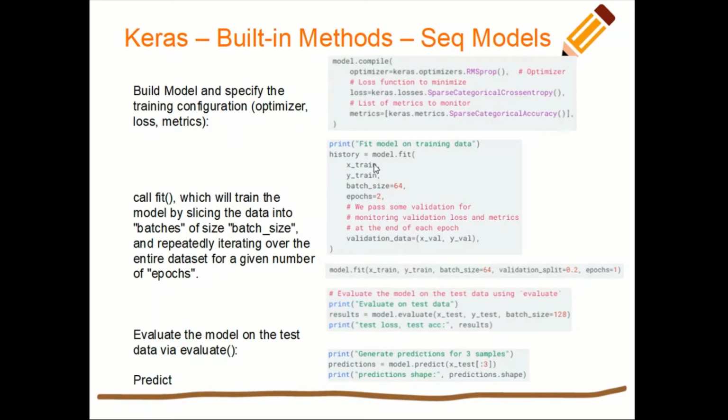The second method that we have is model.fit. Okay, so this is the method which actually sets up a training loop and also performs the training on the given data. So what are the inputs to it? We have the input data here, we have the labels here, we have the batch size, the number of epochs that we want to run, and we can pass in the validation data also. So in this particular case, we have pre-created the validation data, and that is what we are declaring here.